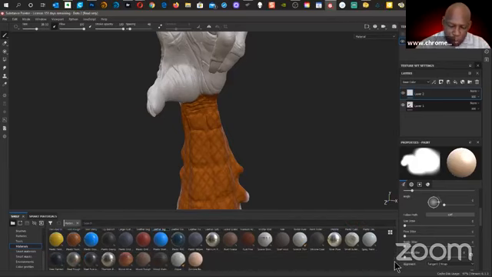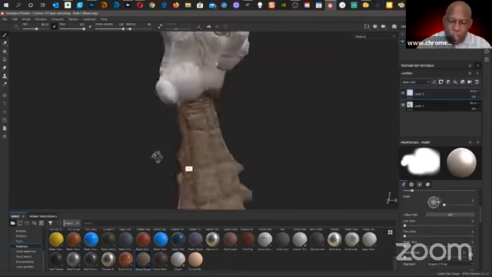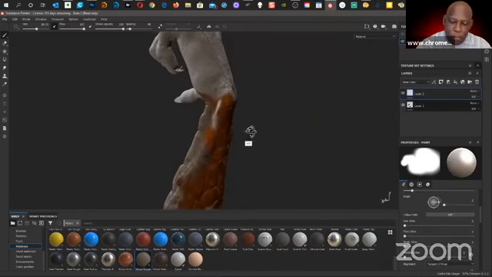Let's see, what else we got in here? I've got, oh, we'll do this one. Okay, rough, what is that called? Wood rough. So then I start to paint on top of that. All right, so I've got 2 textures. If I pull this around so you can see from the side, maybe it'd be better this way.